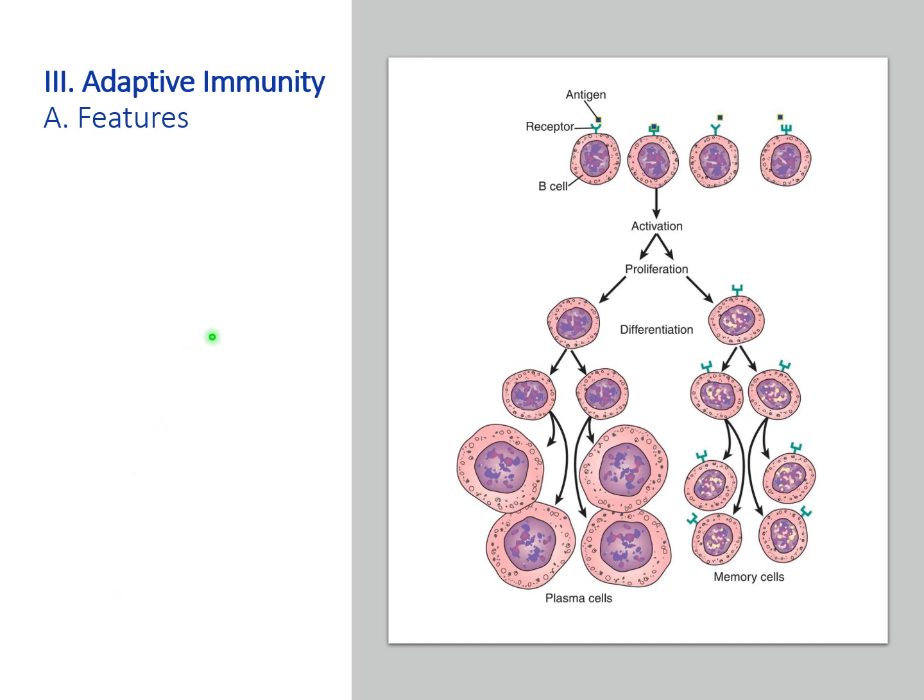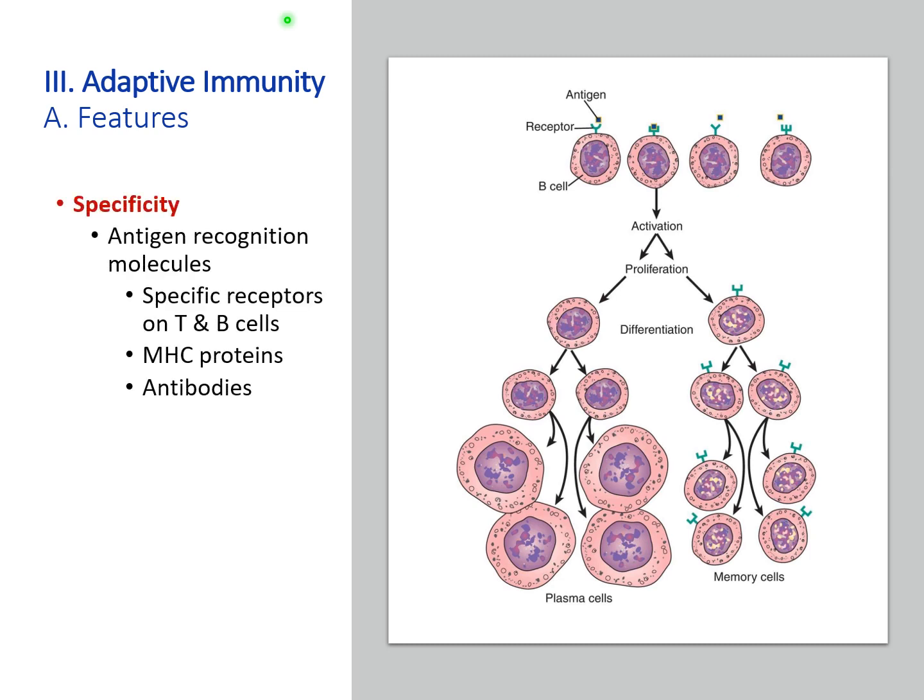Lymphocytes are responsible for the features of specificity and memory in adaptive immune response. The specificity is due to antigen recognition molecules. These are the specific receptors on T and B lymphocytes, and the major histocompatibility complex or the MHC proteins. These are recognition molecules on cell surfaces. And thirdly, you have your antibodies, which are the secreted form of B cell receptors, synthesized before these B cells